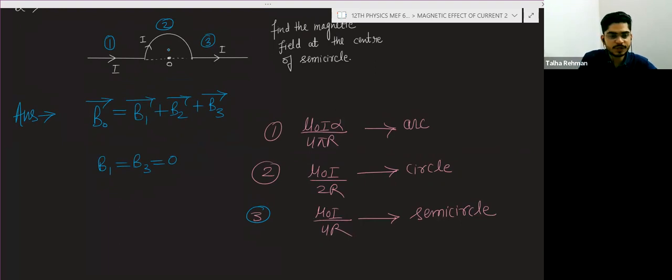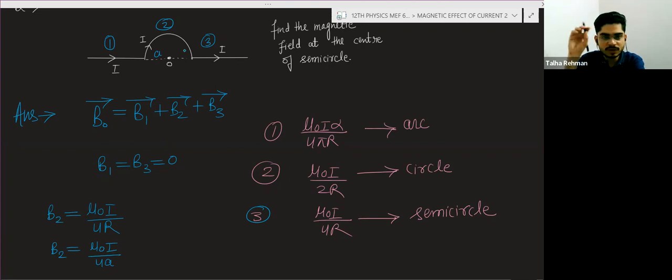So for B2, we will use this formula, mu naught I divided by 4R, where R I am supposing is the radius. A is the radius of this semicircle. When you apply this, mu naught is constant and I is the current flowing here. In this wire, the current I is flowing throughout the wire. And instead of R, we will put A, so 4A. Now for the direction, we will apply the modified right hand thumb rule,